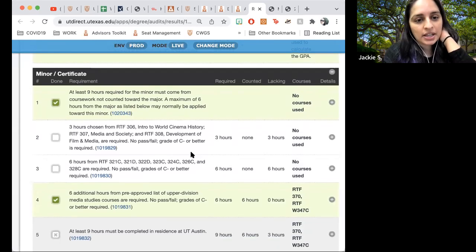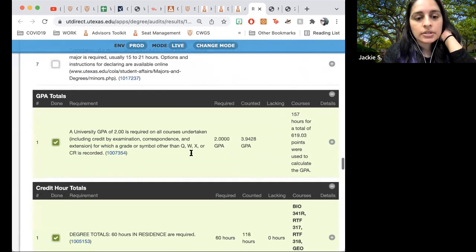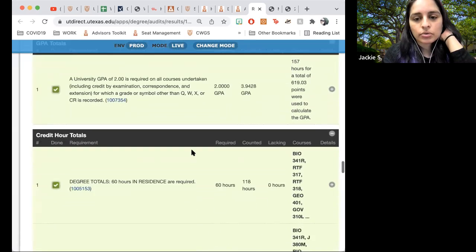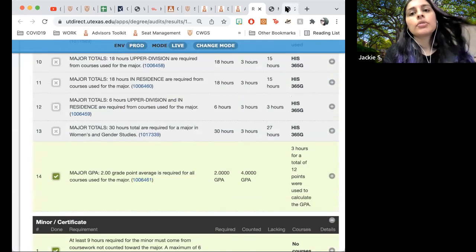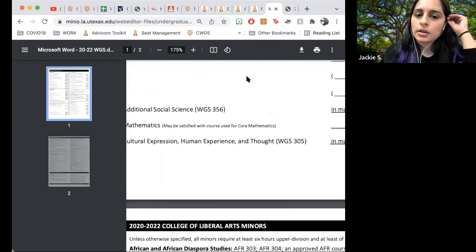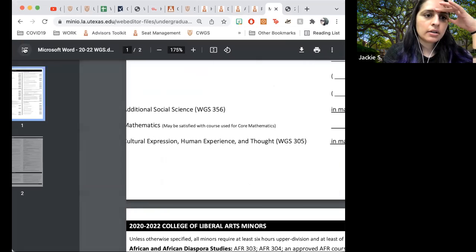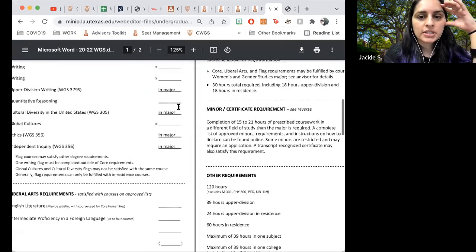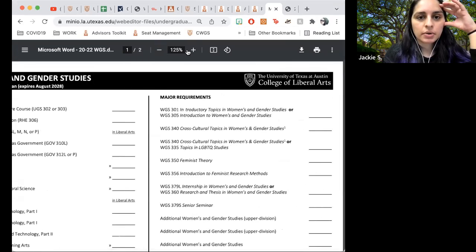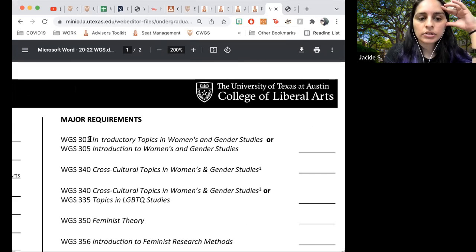And then here are some of the classes that are counting towards Speedy's minor. So let's go and review the degree plan for women's and gender studies. Okay, so for women's and gender studies, the major requirements are, we used to just allow WGS